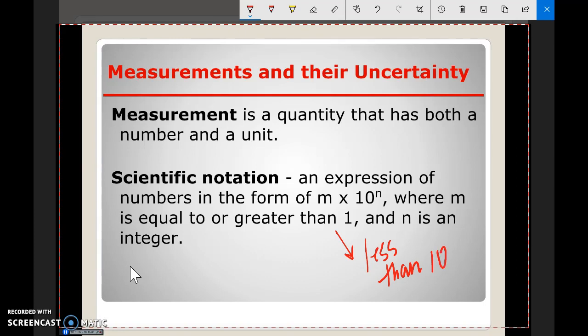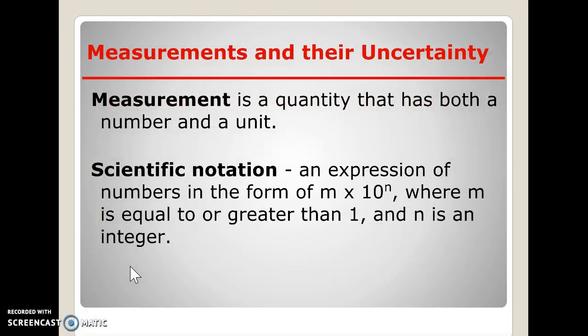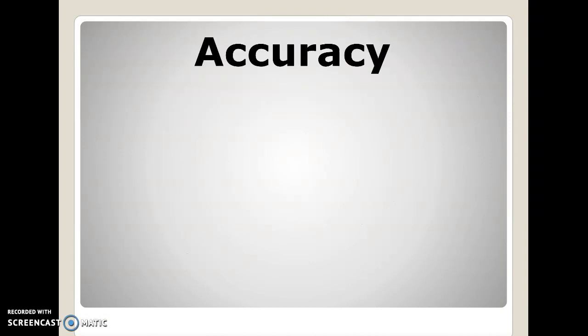So it won't go over 9.99. An example would be 2.5 times 10 to the negative 2. If you have that negative 2 there like that, that just says that it's a small number. It's smaller than 1. We'll talk more about scientific notation later, but our main focus for this is accuracy and